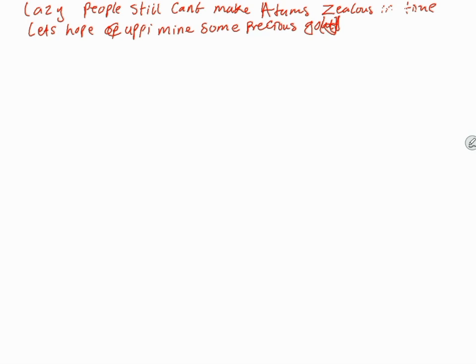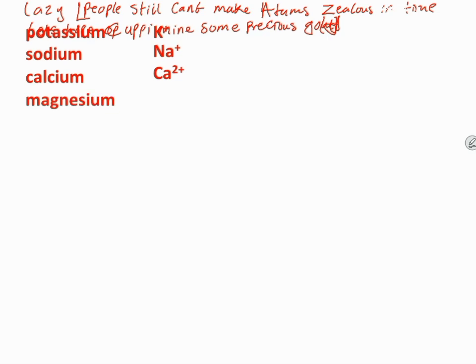normally start from potassium. So P as in potassium, which has the symbol K, then S as in sodium, which has the symbol Na, then C as in calcium, which has the symbol Ca, M as in magnesium, which has the symbol Mg, then A as in aluminium, which has the symbol Al, then Z as in zinc, which has the symbol Zn2+, then I as in iron,